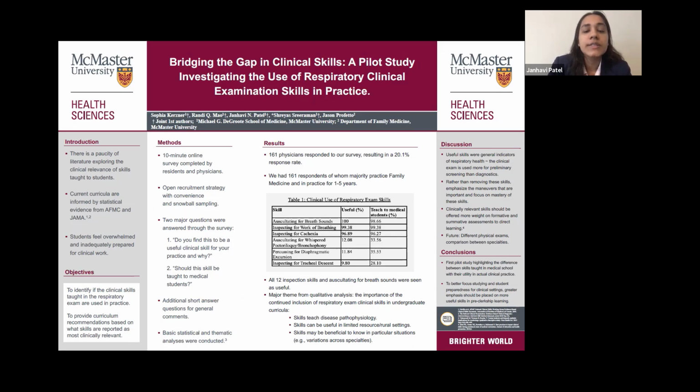As a part of the research moving forward, our team's plan is to do similar analysis on different clinical exams, as well as do comparisons between different physicians across different specialties to better assess the usefulness of clinical exam in practice today. In conclusion, this is the first pilot study highlighting the difference between skills taught in medical school with